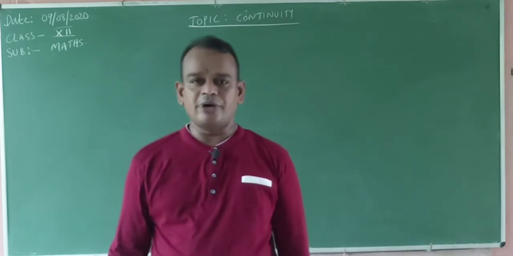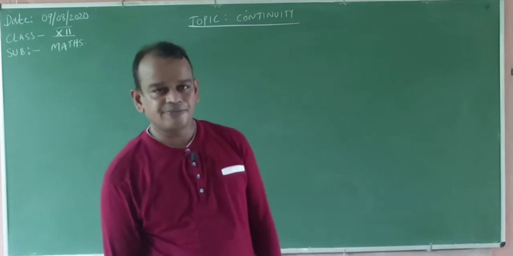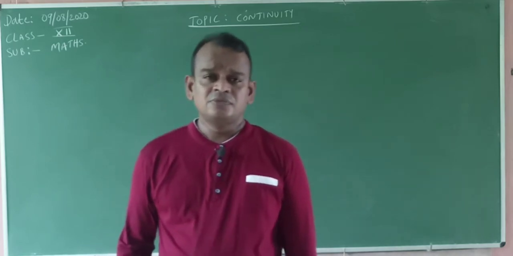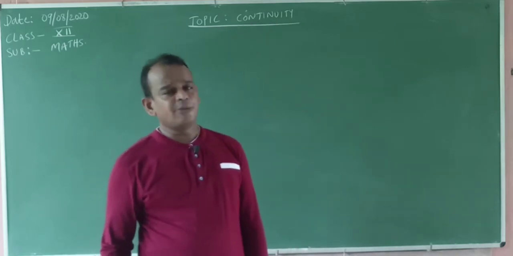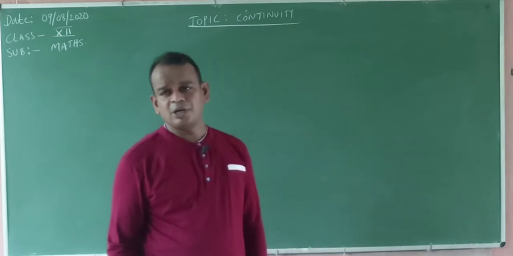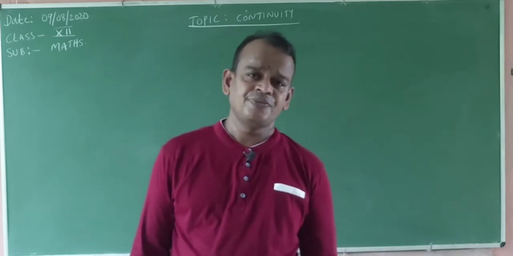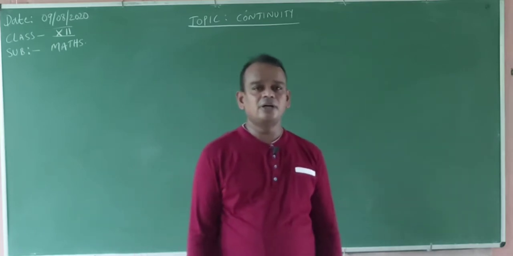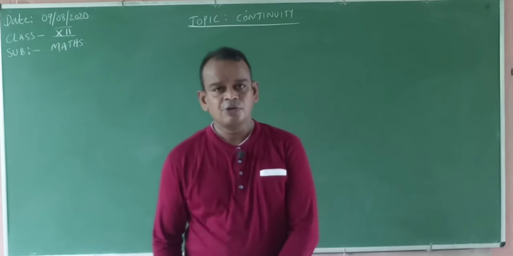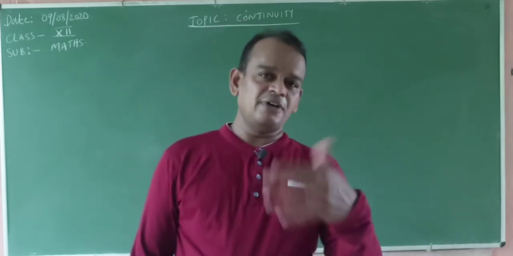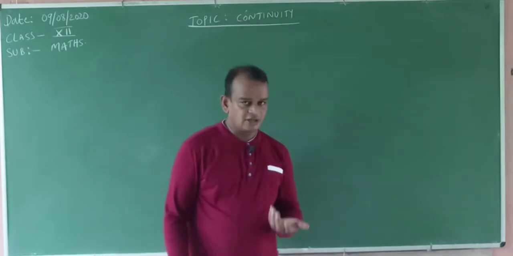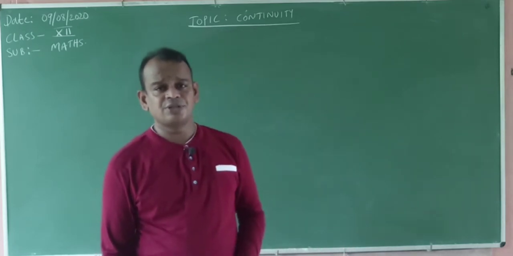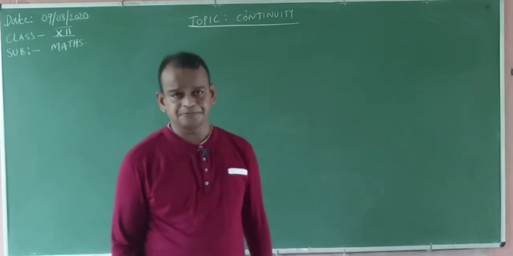What is that? Discontinuity points. Find the discontinuity of the function. Whenever the function is not defined, that is, not in the domain, it cannot be continuous. Other than the domain, those are the discontinuity points. First, f of x is equal to 1 by x. At x equal to 0, it is not defined. That is why there is discontinuity at x is equal to 0. For 1 by x minus 1, x value 1 means 1 by 0, which is not defined. Therefore, discontinuity at x is equal to 1. That is how we find it: denominator equal to 0, it is not defined.